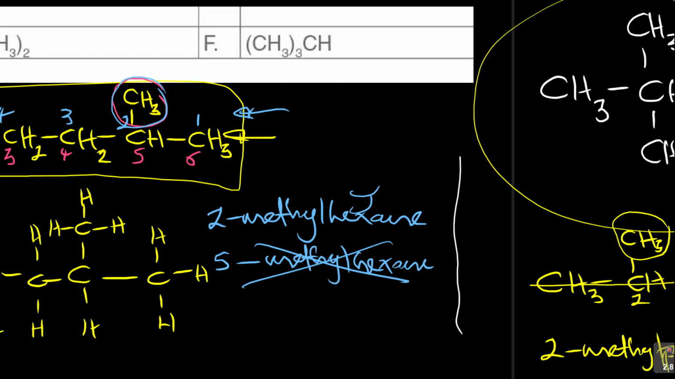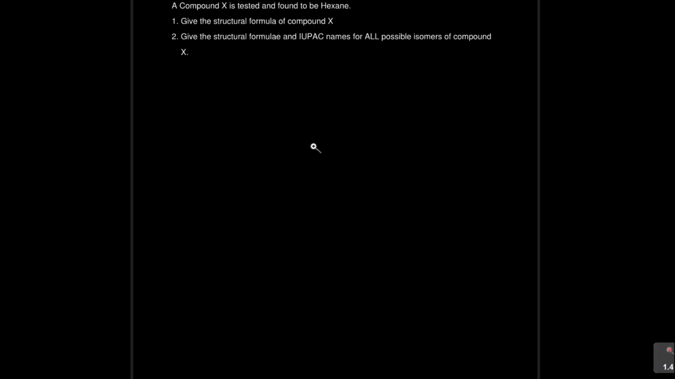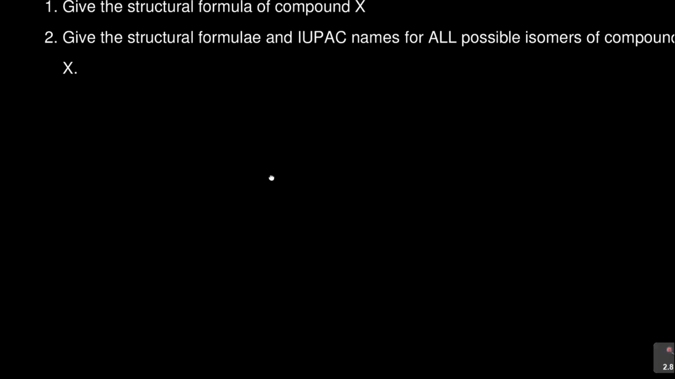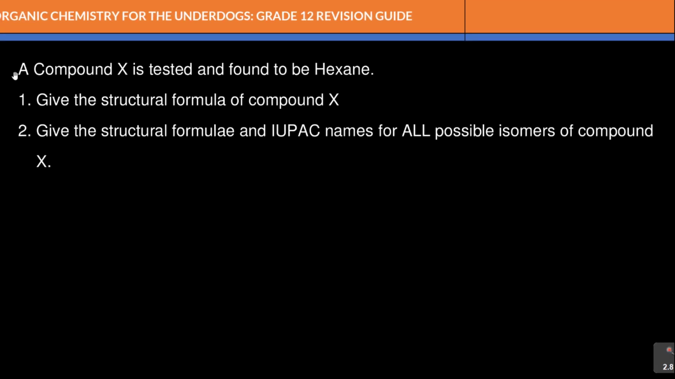Alright, then let's look at the last part, because I wanted to come here to isomers. I gave this intentionally. It says a compound X is tested and found to be hexane. Give the structural formula of compound X. In other words, they're saying, give us the structural formula of hexane. Now, hexane, hex means 6. Start with the condensed structure. Hexane is CH3,